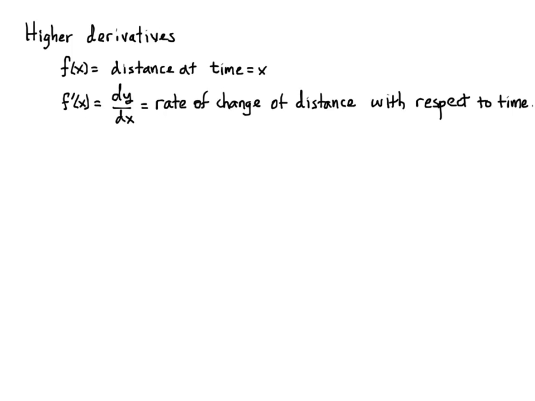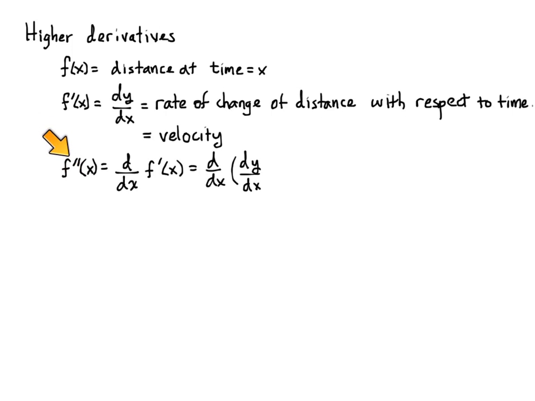Now, it's possible that my velocity is changing. I could either be braking, or I could be accelerating, or coasting to a slower speed, or going down a hill and increasing speed. So the rate of change of the velocity, and we notate it by having the double prime here, is going to be the derivative of the derivative. Okay, so my second derivative, and this is the way I'm going to notate it, is this